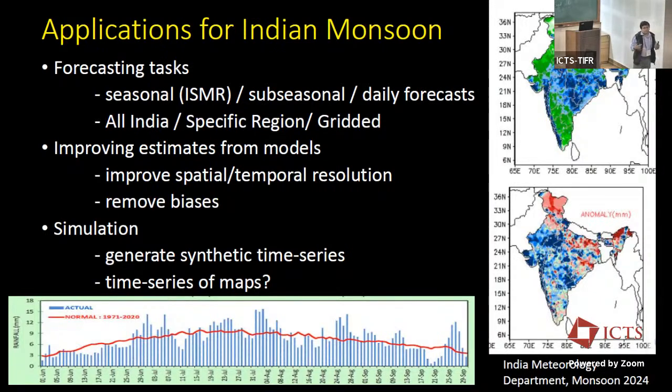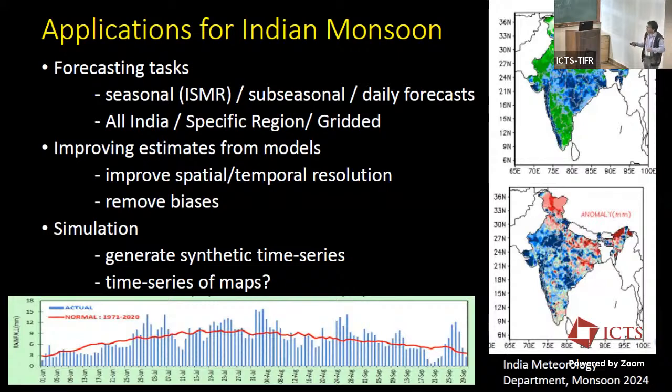So be it the operational weather forecasting systems, which make forecasts a few hours or a few weeks in advance, or be it these Earth system models which simulate the monsoon, let's say, for the next 20 years or something. All of these models, as we know, are limited by resolution, and the higher the resolution, the more computationally intensive the model gets. That is, it requires more computing facilities.